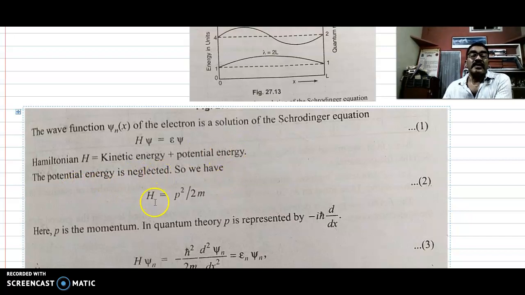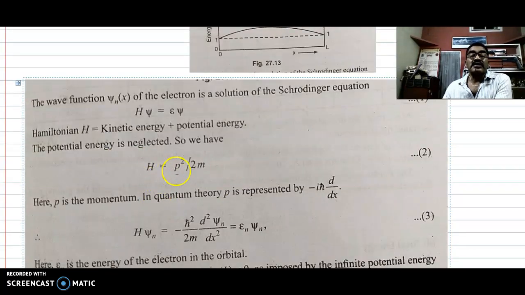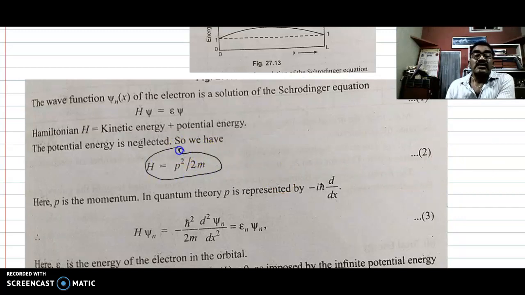So we have the Hamiltonian equal to P square by 2m. How have we got this P square? P is the momentum. In quantum theory, P is represented by minus i h cross d/dx. So after applying this value, because H is equal to P square by 2m,